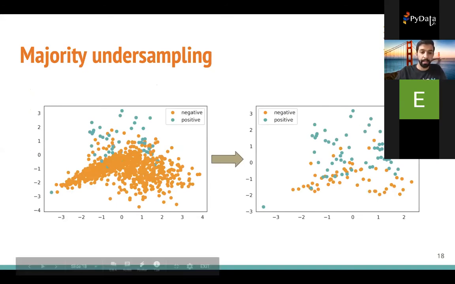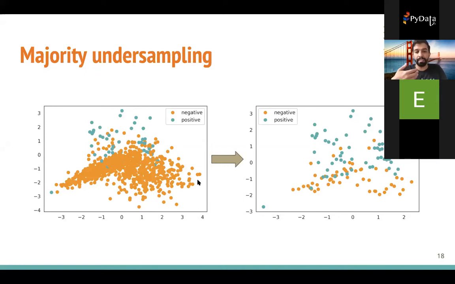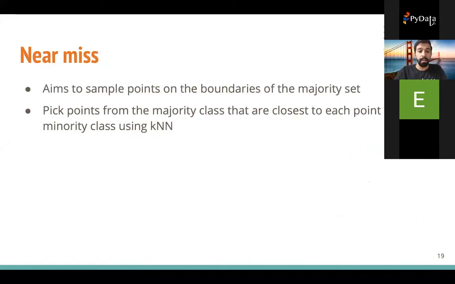This is what it looks like. We see that we removed most of the majority data points. One thing with this method is that it's random. In this plot we see these points were kept, but in another run, if we change the random seed, we can have maybe the left half, or just the boundary points, or maybe the lower right point. So it's hard to reproduce or benchmark on, but it's easy to use, very fast and simple.